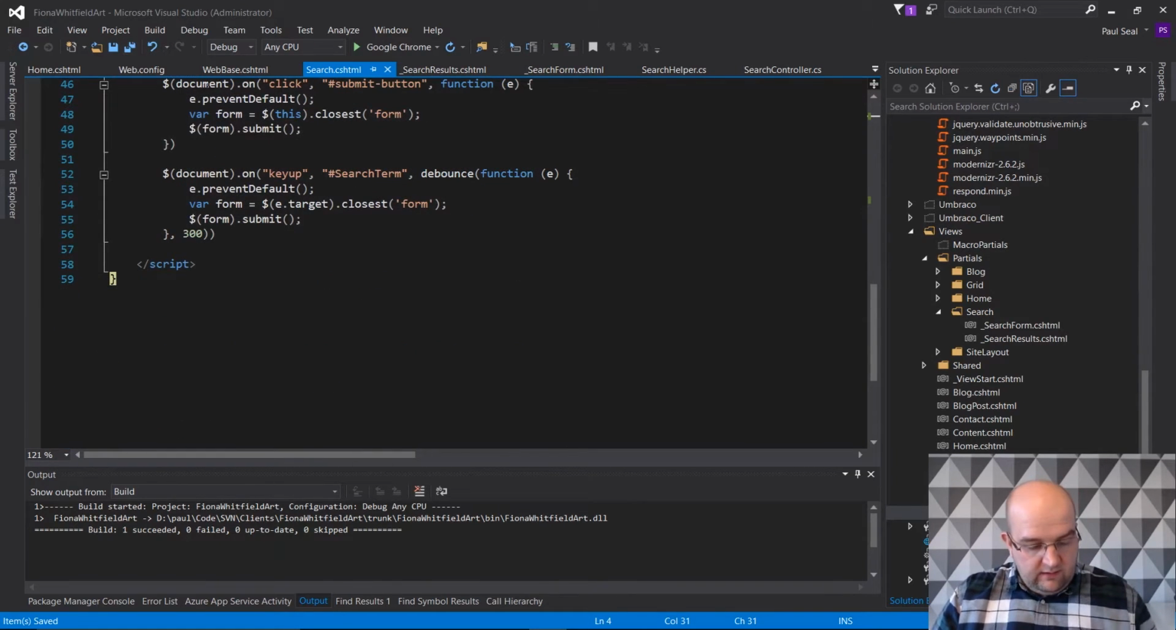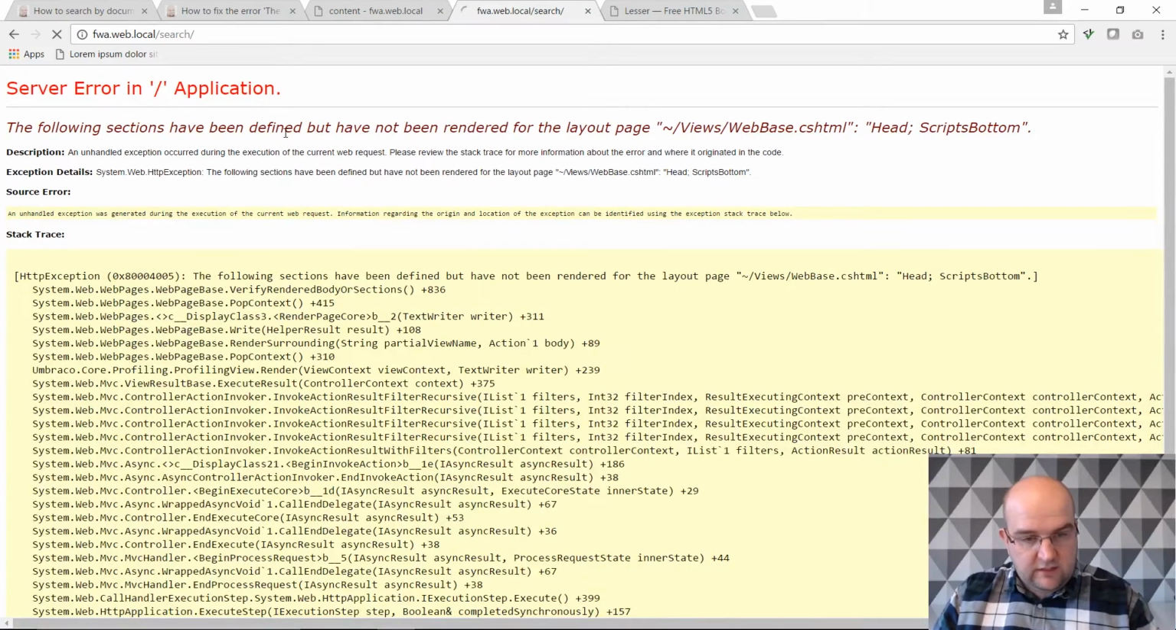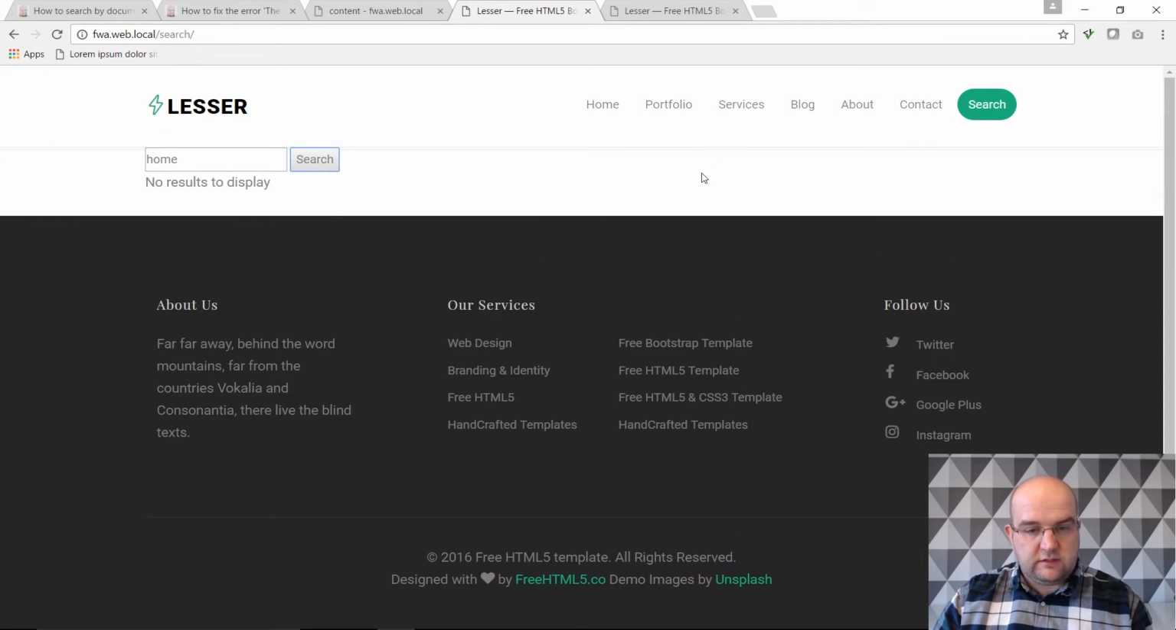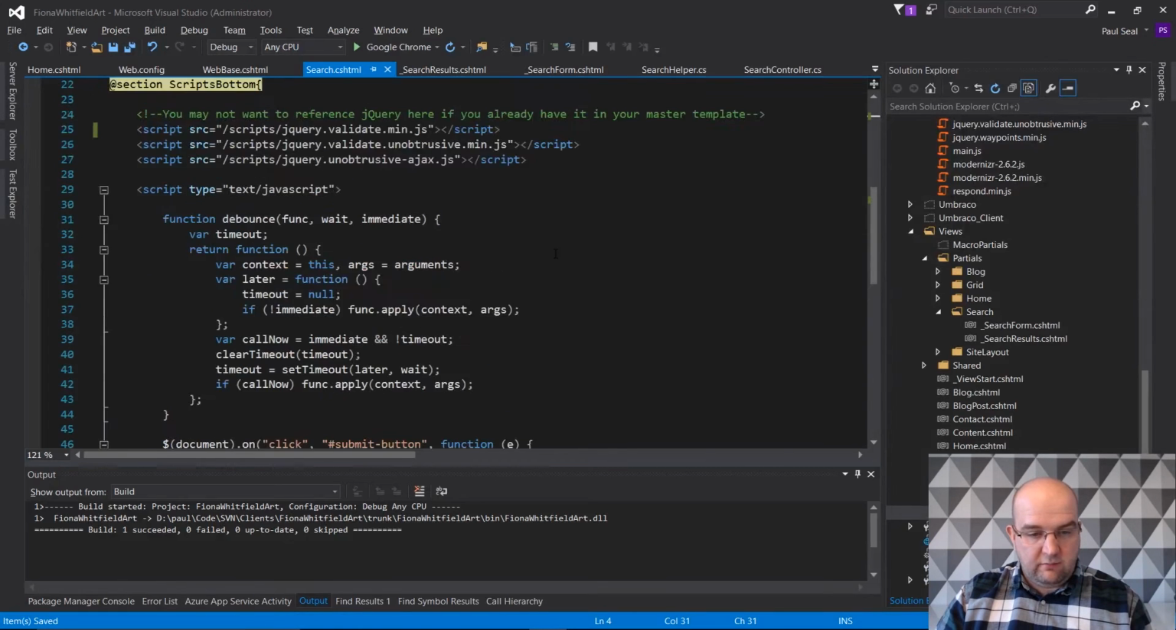So now that I've saved all and then I refresh, you see that that's fixed that as well. So let's also have a look, can I search for home? No results to display. So why are there no results? I know I've got a home page in my site, so let's have a look at the search template again,